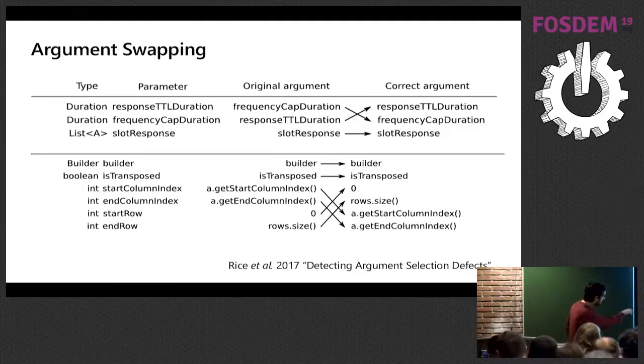And these are real Google code, as far as they say in their paper. The official function, in the declaration, says that the first argument is response, the second one is frequency, the third one is this list. Let's not bother. But then when the developer invokes this function, they don't give the name of this function. The developer used frequency first and response second. And you see the types are, again, the same. So the type system says, yeah, that seems fine. But there is an inconsistency between the formal and the actual parameters. And essentially, these were swapped.